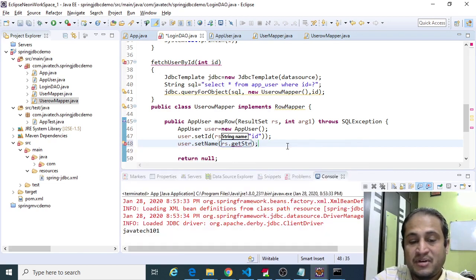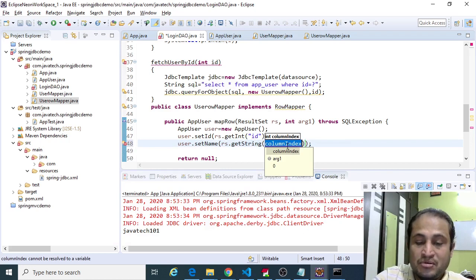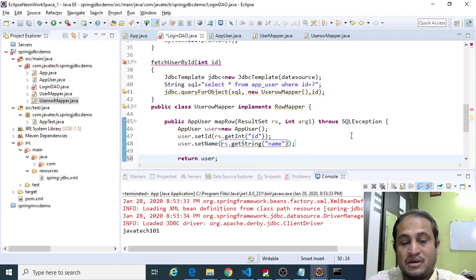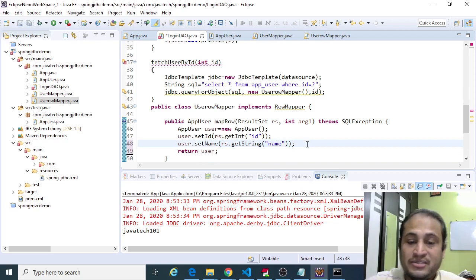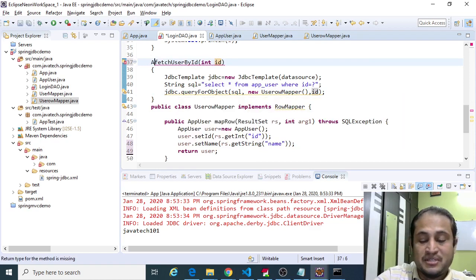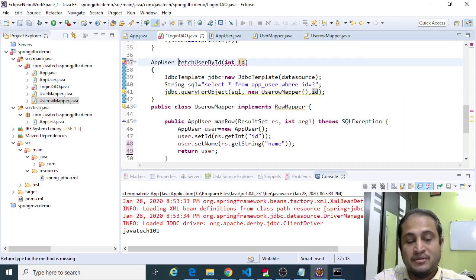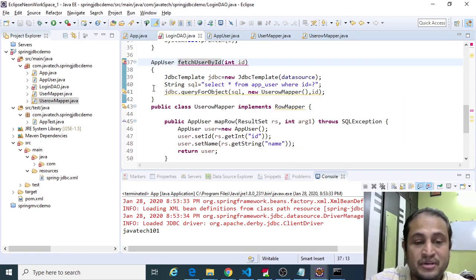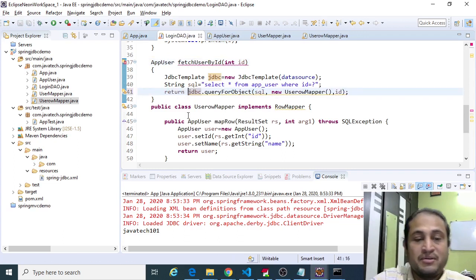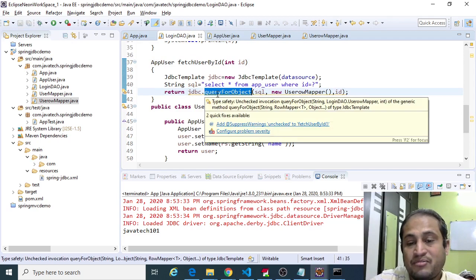This is a type string, right? So we will fetch the name attribute over here. And we can return this user. I think it is returning type app user, so we need to return whatever we are getting from this query for object.